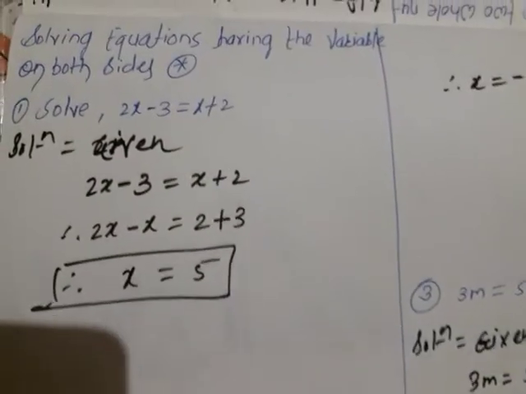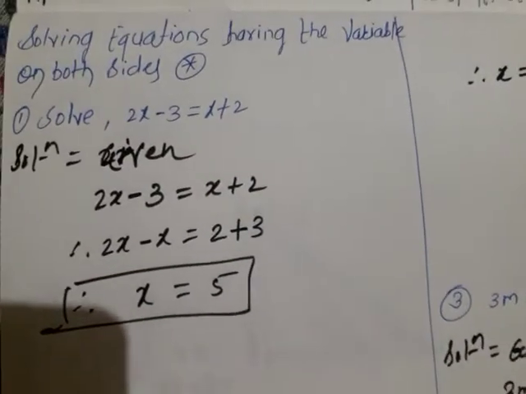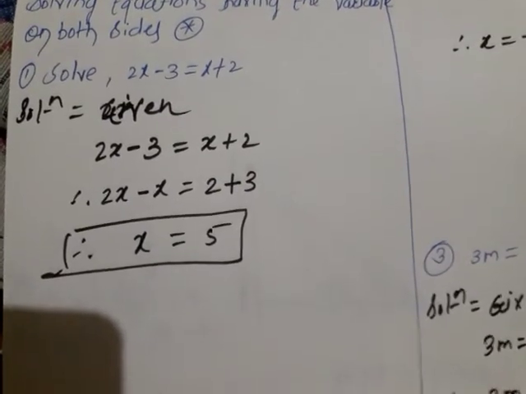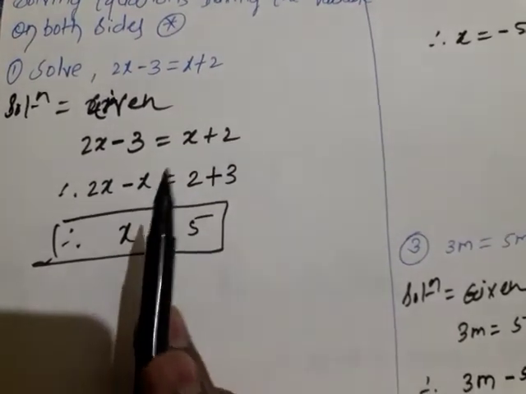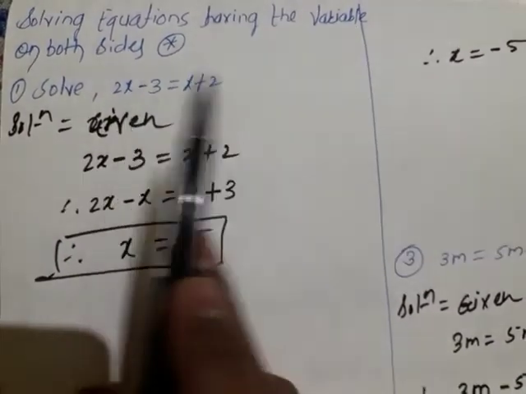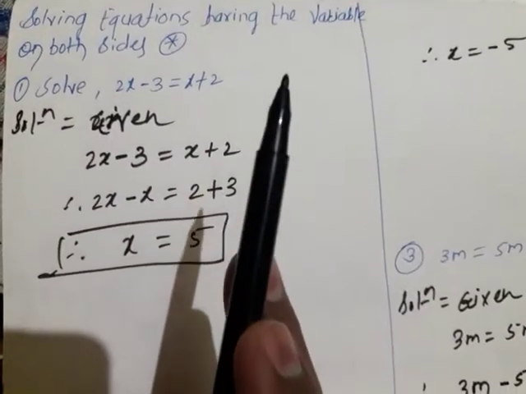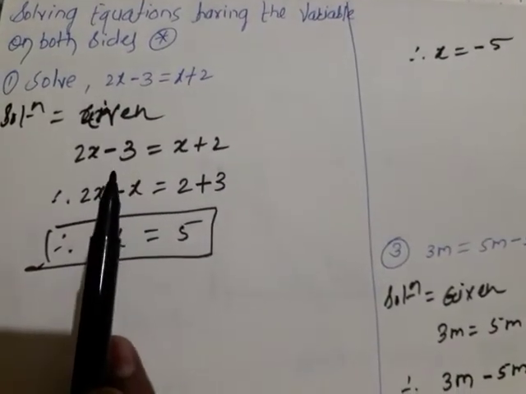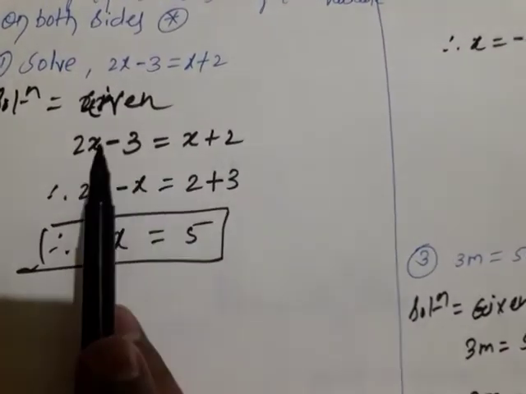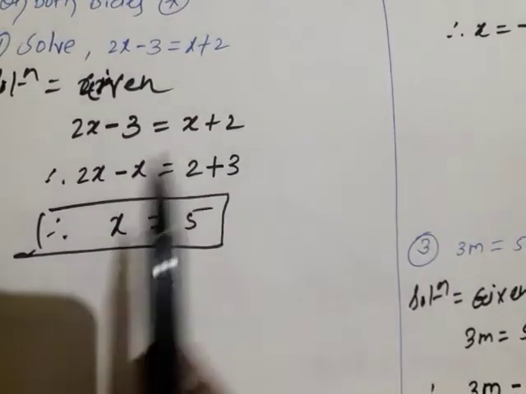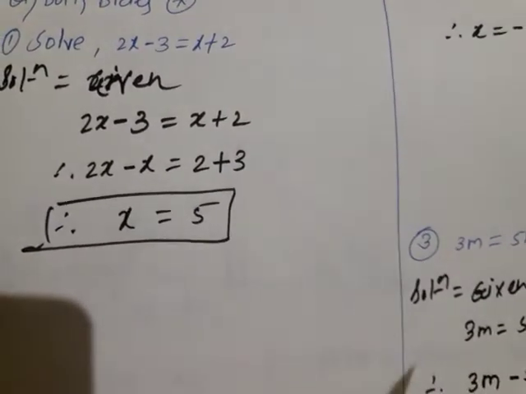Here I have shown you 3 examples. Once again I will show you. Listen here. The first example I have shown, which point did I start today? Solving equations having the variable on both sides. In that first example, once again I am repeating, when you are solving examples or equations having the variable on both sides, that time you first of all try to equate the variable terms at one side and the remaining numbers at one side. Means what? Variable term means here 2x and x is having variable, we have taken at one side, and remaining numbers we have transferred to the other side, and we got the answer here.